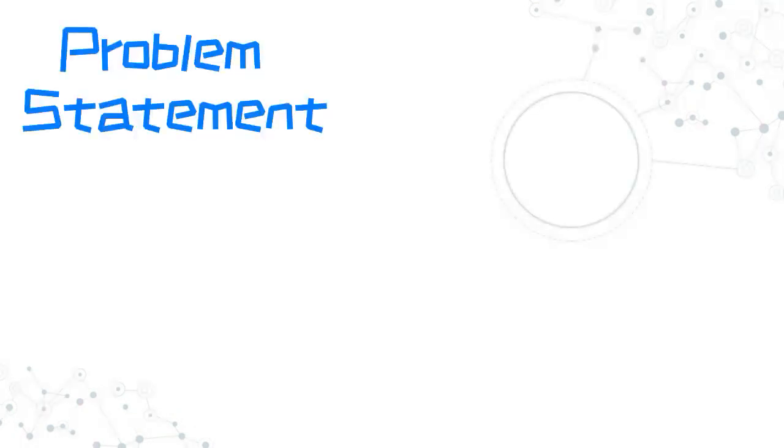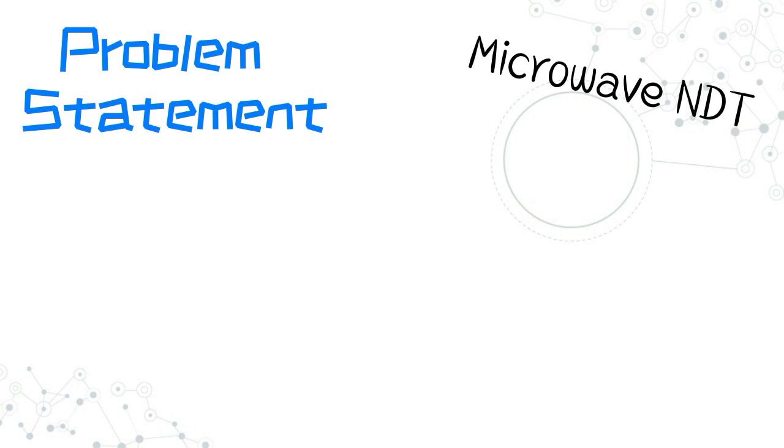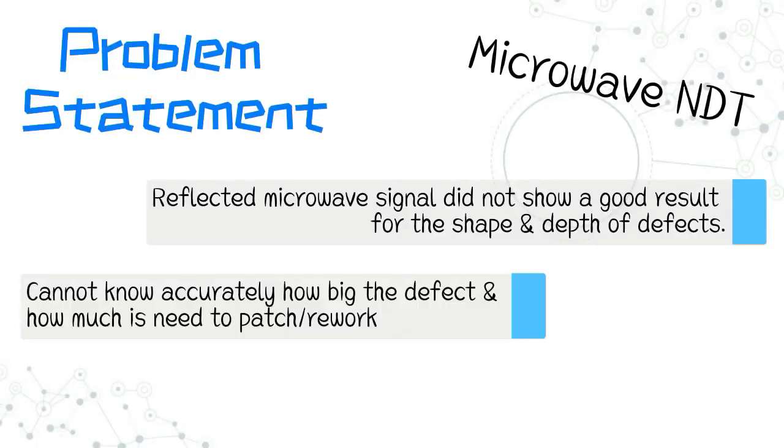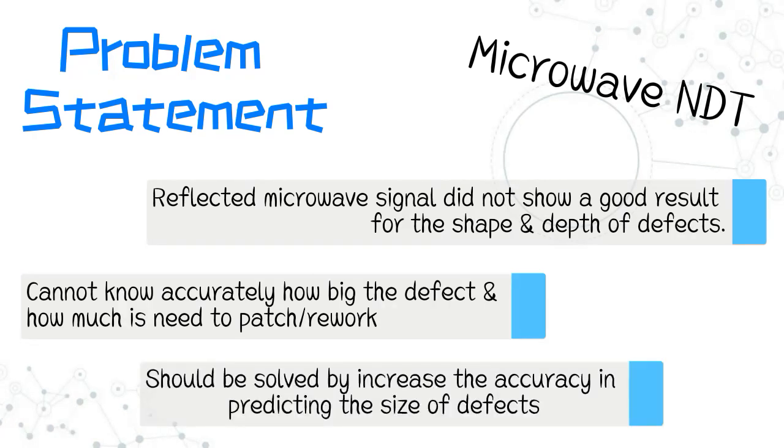This research project is about detecting the size of defects under coatings. The inspection system in the industry with microwave NDT is used to detect the defects without contacting the product. However, the reflected microwave signal did not show a good result for the shape and depth of defects with acceptable accuracy. We cannot know accurately how big the defect is and how much is needed to patch or rework. Therefore, the problem of microwave non-destructive testing in identifying defects should be solved by increasing the accuracy in predicting